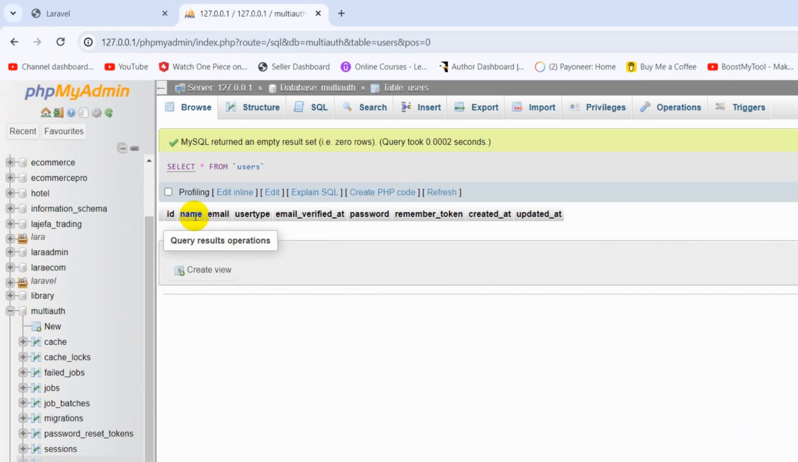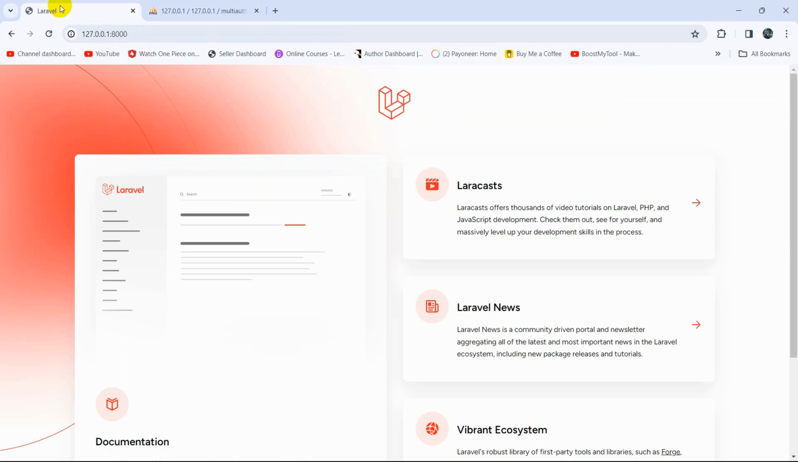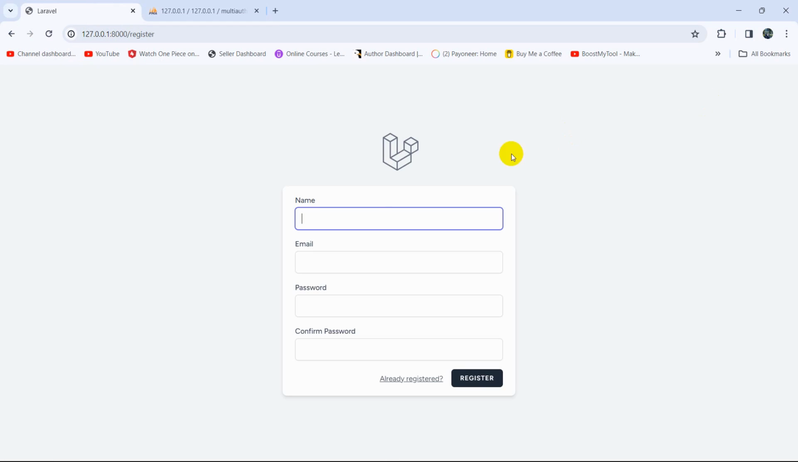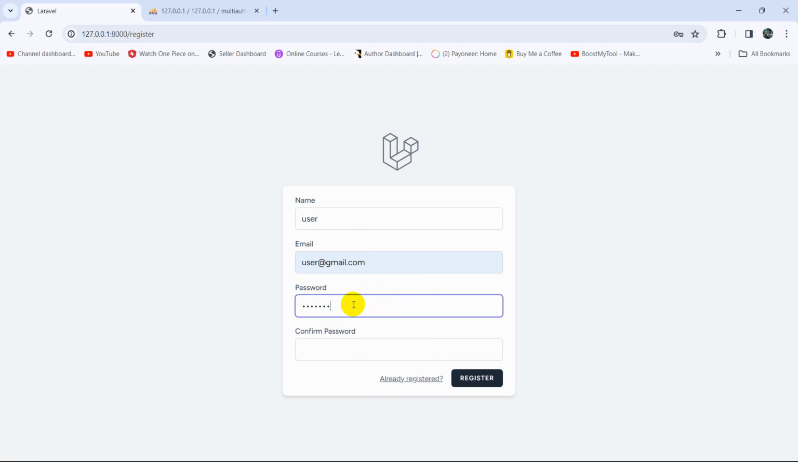So if we go inside the user table, here you can see name, email, and the user type field. Okay. Now if we refresh our Laravel project, here you can see we have login and register options. So let's go and register a user. If I click on register, let's say the name will be user, then the email will be user@gmail.com. Let's give a password, then confirm password. After that click register,